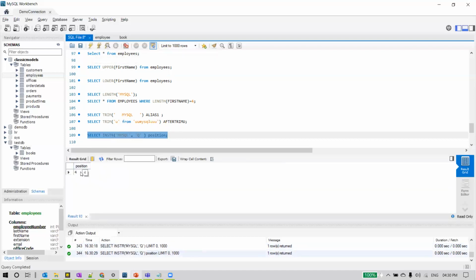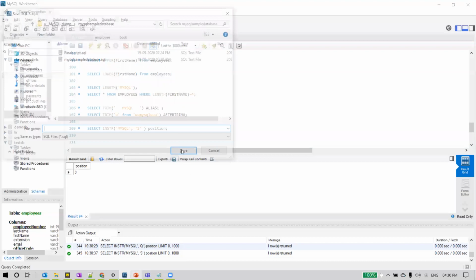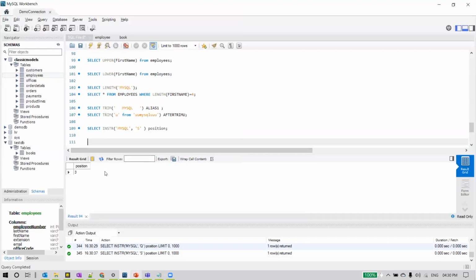You can see the position is 4, and you can also modify this and verify. I'm providing S here, so the S position is 3, and it says 3. So this is the use of the instr function, which returns the position of the specified character in a given string.